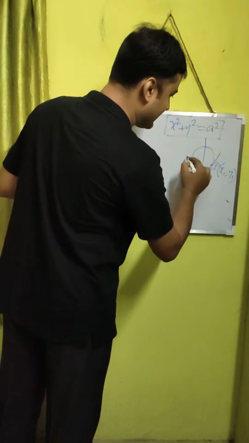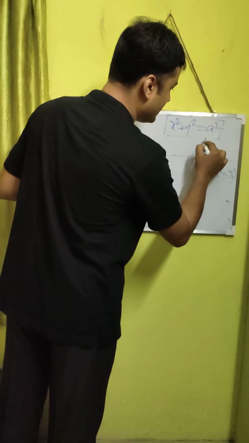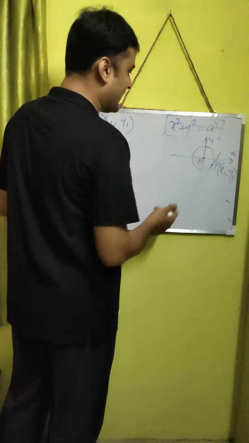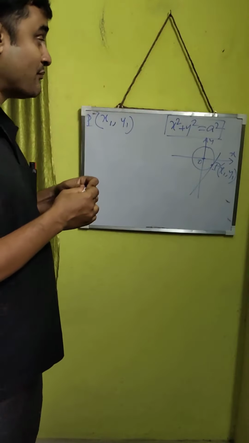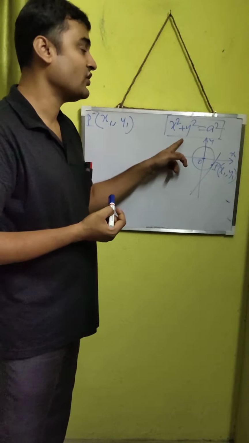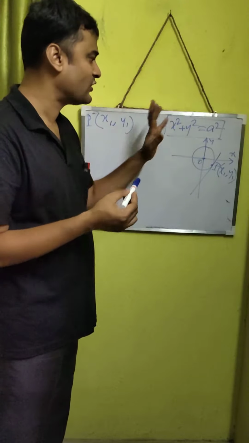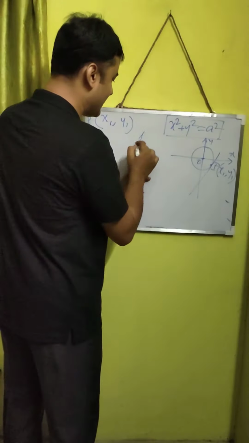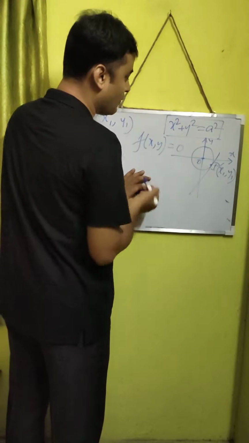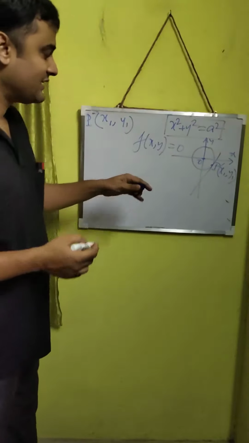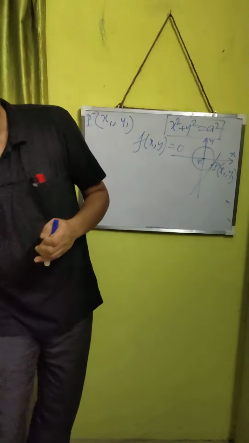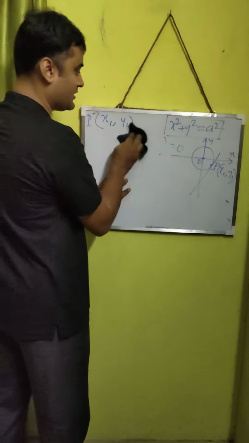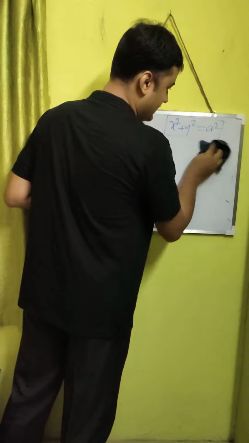Now you all know that this circle looks like this. This is the origin, this is the y-axis, this is the x-axis. The origin doesn't matter in this case. Remember what we said? We said we have to differentiate the original curve. Now this is y equal to f(x), or you can say that this is actually the curve f(x, y) equals 0. You can write this as a function of x and y is 0 with a constant term a square. So we are trying to find out the equation of a tangent to this curve at this point. Now let us begin.